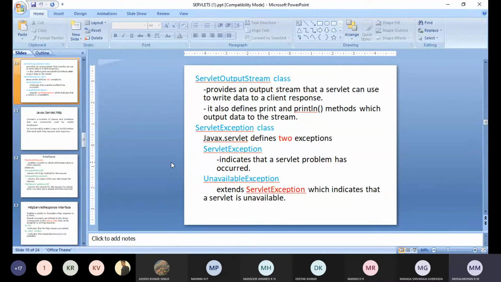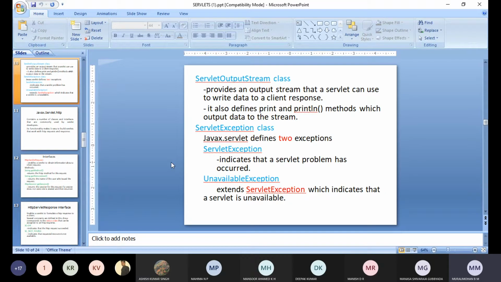Here the question can be: list and explain all the interfaces and classes in the javax.servlet package. Is my question clear? List and explain all the classes and interfaces in the javax.servlet package.